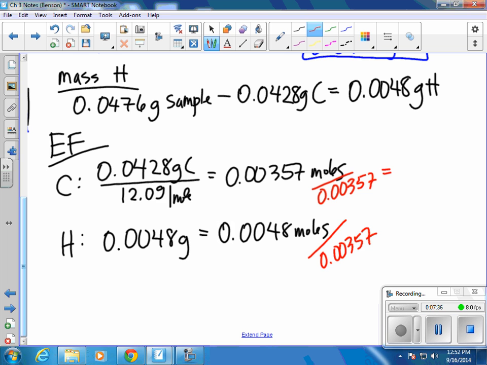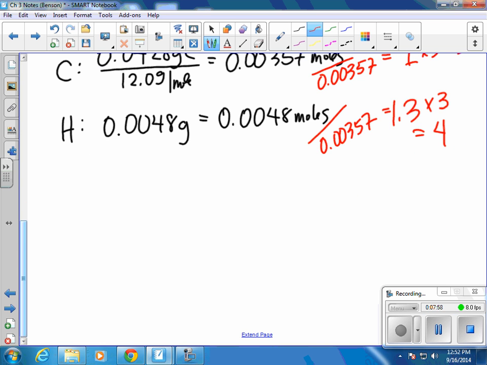And when I do that, this is equal to 1, and this is equal to 1.3. Keep in mind that I can't keep that 1.3. I don't really know if it's close enough to 1 or not. So I want to multiply by a whole number that will make this a nice whole number. If I multiply this by 3, that's close enough to 4. I can't just do it to one, I have to do it to both. And so this will also be 3. So now my empirical formula is equal to